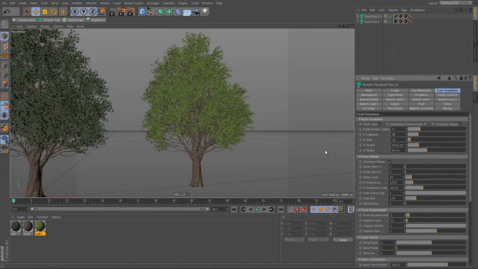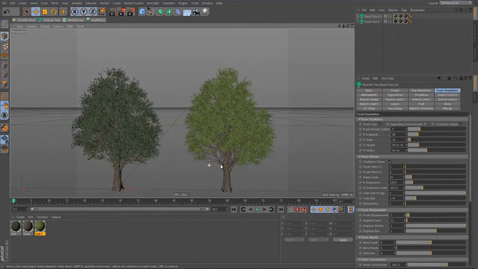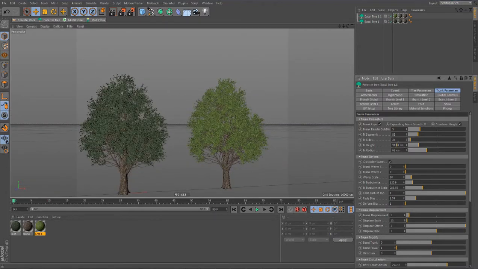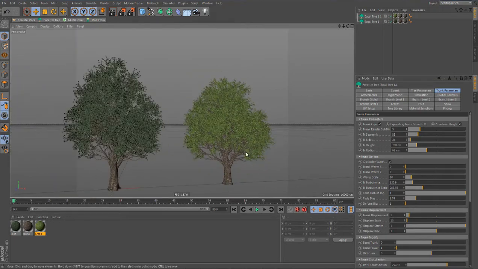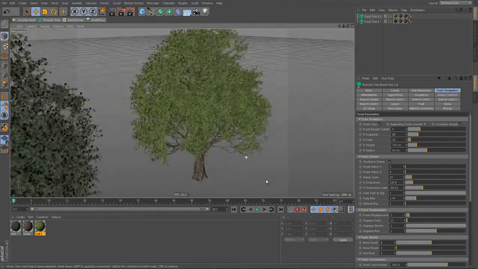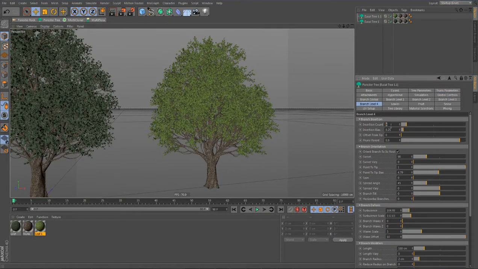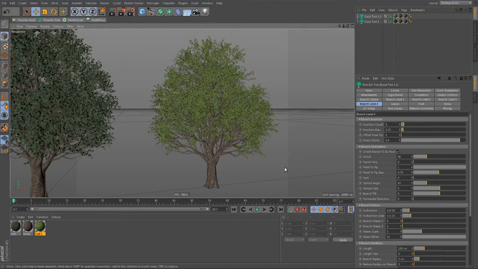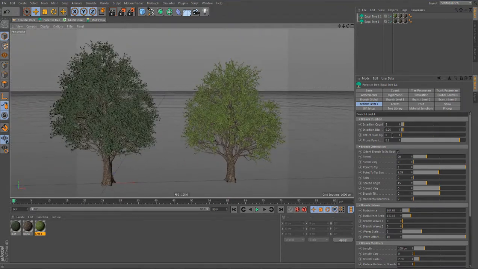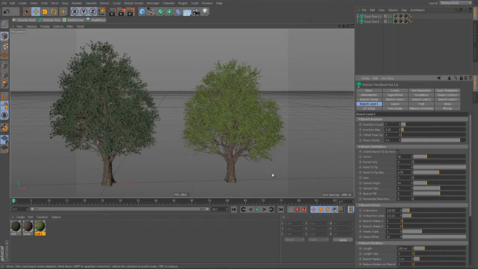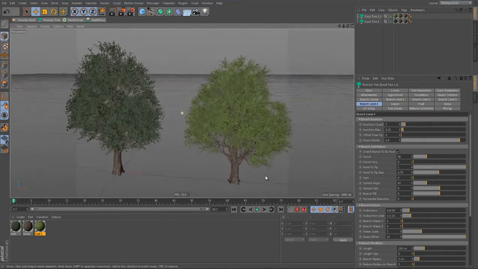I'm gonna reduce the height of the trunk, say to 750. And maybe I'm gonna reduce the insertion count so that we have fewer branches at the last branch, say to 5. Okay, 5 is too low, so I'm gonna go by 7. All right, so now we have a nice younger tree